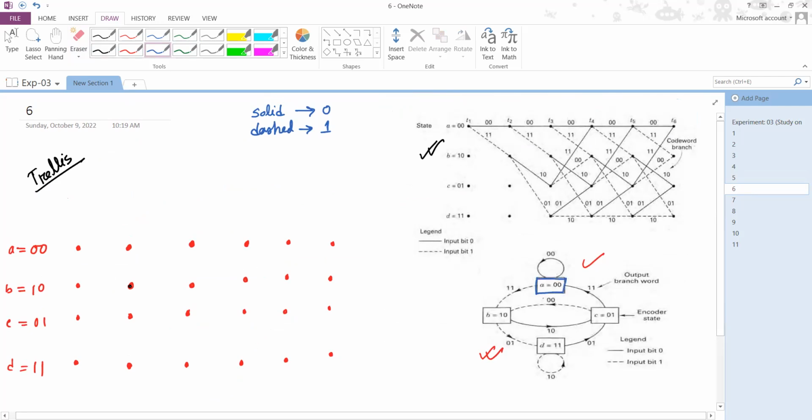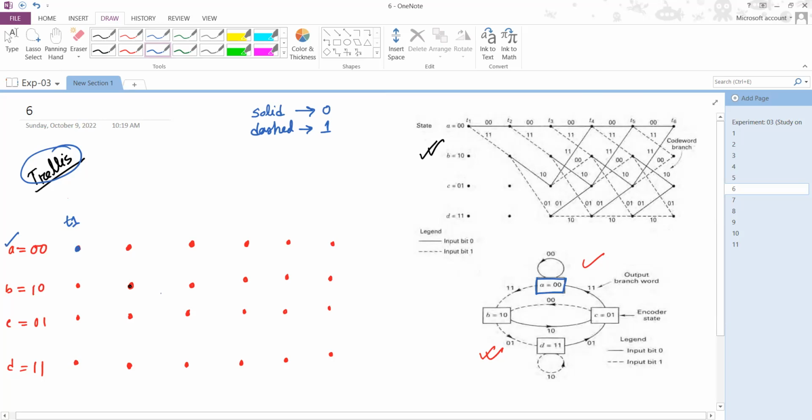So now, before that, this Trellis diagram is also the same as the state diagram in that it is only for a certain vector diagram or vector connection. It is not for a particular message bit that we are talking about. Okay, so if I start with A equal to 0 0 position, that means in this position at time t equal to t1, then from this position,